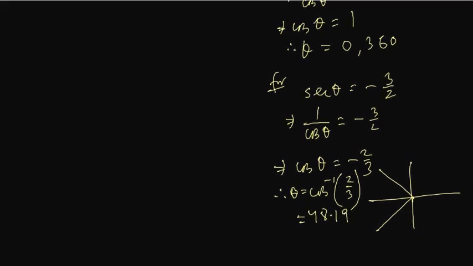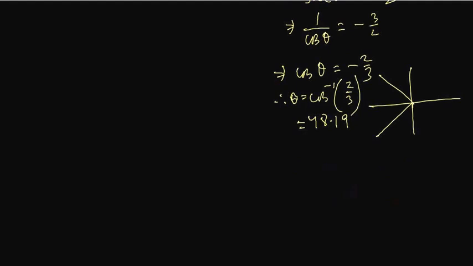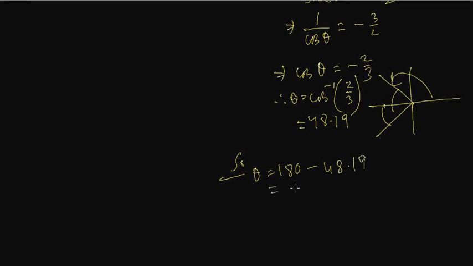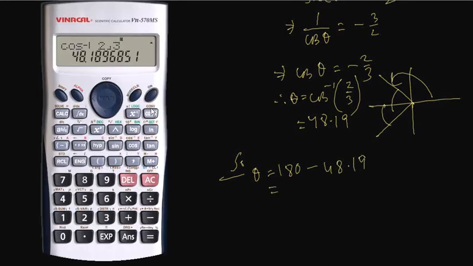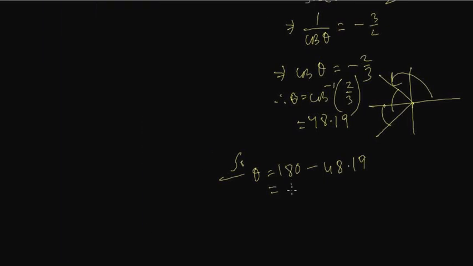48.19 degrees. So this is the basic angle. So this is 48.19, this is 48.19. For the second quadrant, theta equals 180 degrees minus 48.19. So we are going to get 180 degrees minus 48.19, that is 131.81,